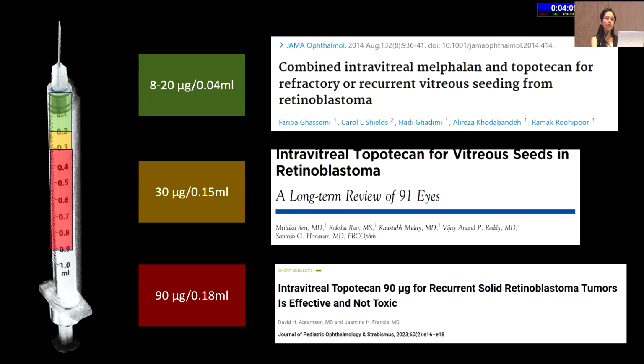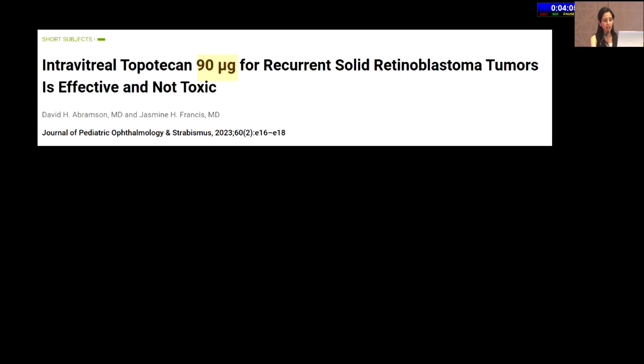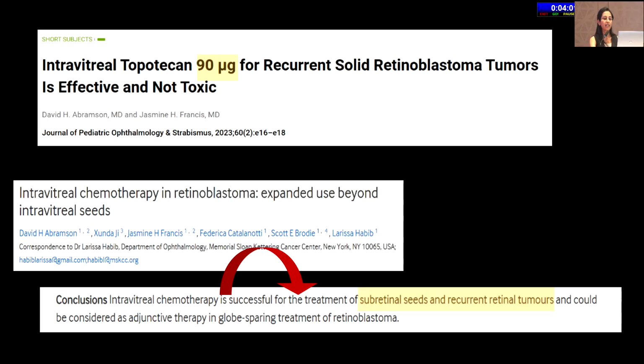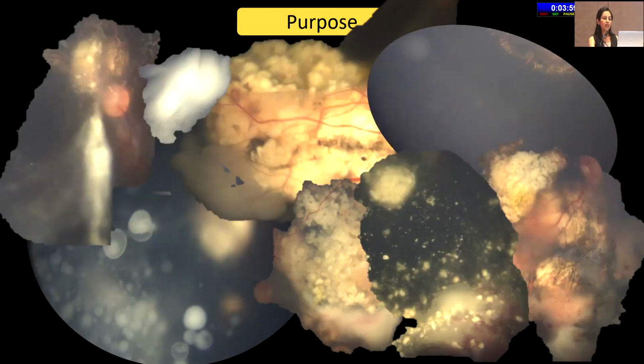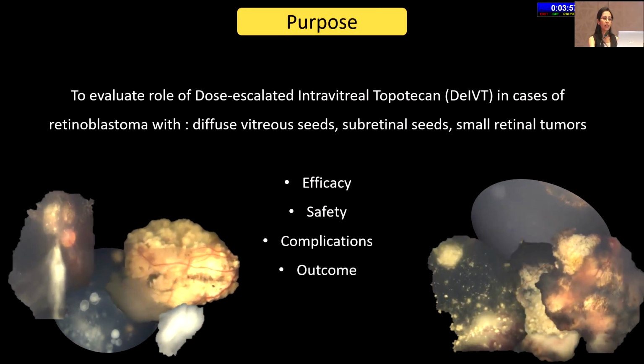However, the suggestion of a high dose of 90 microgram opened an entire new window of hope, specifically for its use with subretinal seeds and recurrent retinal tumors. So our study was designed with the purpose of evaluating the role of dose-escalated intravitreal topotecan in terms of its efficacy,